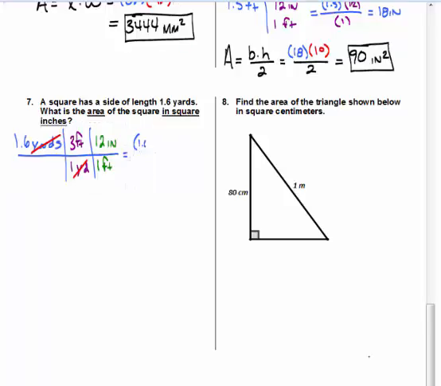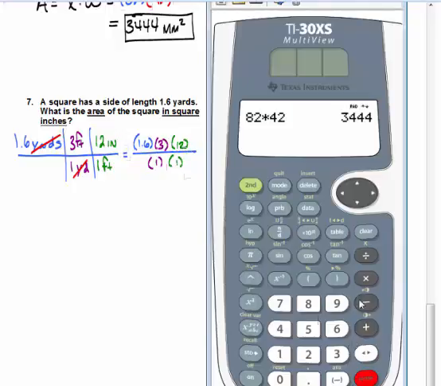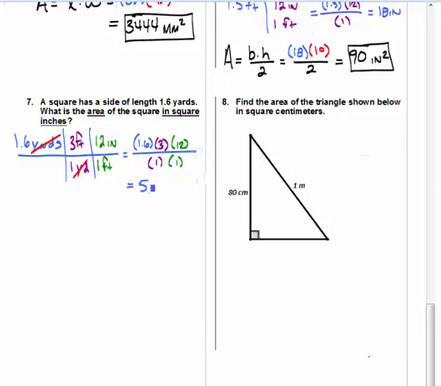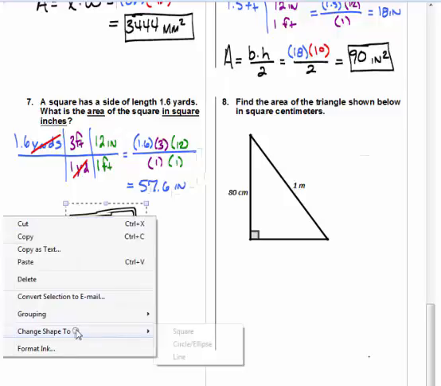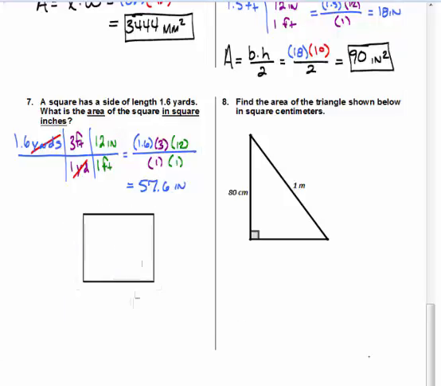So this would be 1.6 times 3 times 12. So 1.6 times 3 times 12, and we ended up with 57.6 inches for a side of the square. So we could say each one of these sides is 57.6 inches. And for the area of a square, you could say length times width, but since they're the same, sometimes they write the area of the square as the one side squared. So here I could take 57.6 and square it,